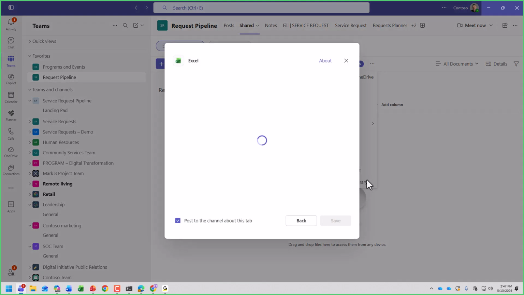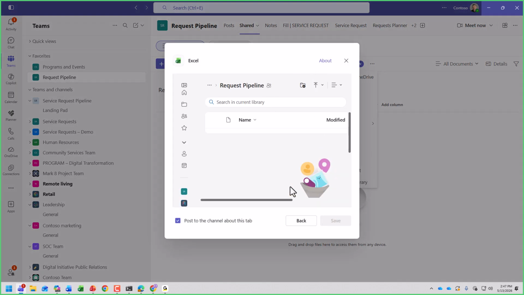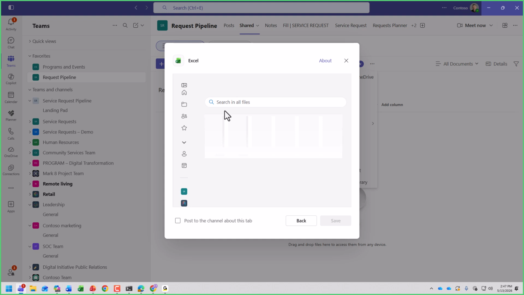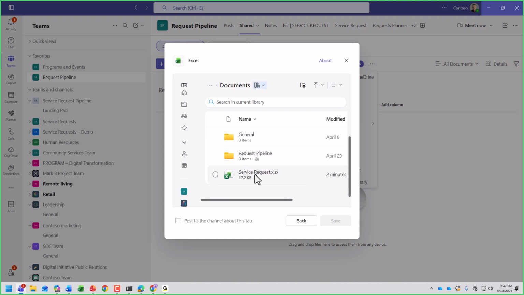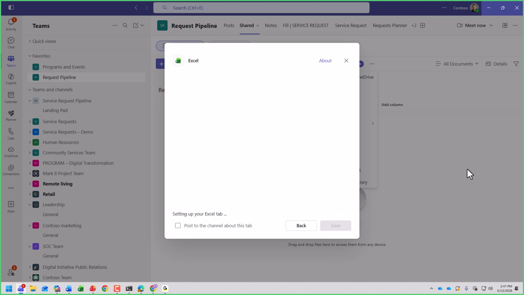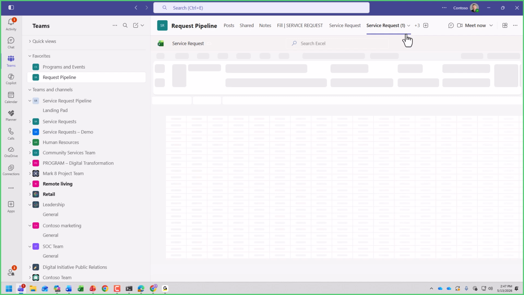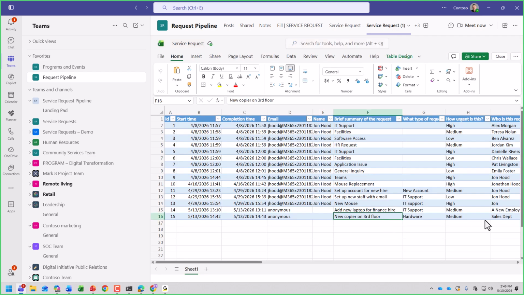If I wanted to add that Excel document to the top, I just click Excel, and then I can navigate through my file structure for the group, and then we're going to see that, there we go, here as Service Request, 2 minutes ago. Yes, that's the one. So now I've placed it up there. You can do the same thing with Loop components, and there it is, new copier on 3rd floor. So now that we've done that,